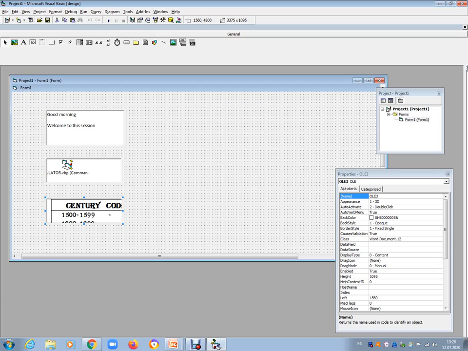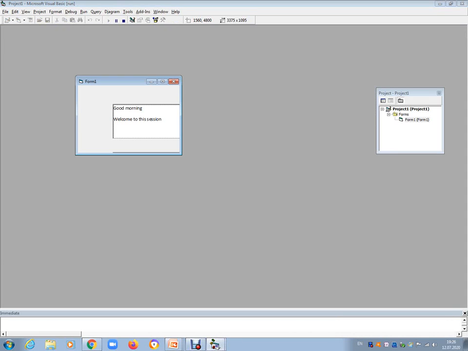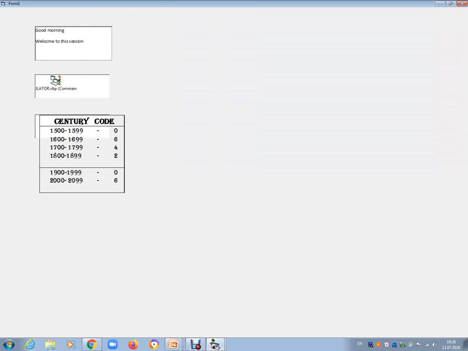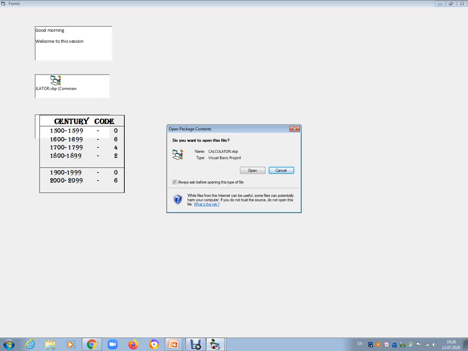Okay, so now just run your VB application. In that application it's linking. Just double click the OLE control, and automatically one question arises: do you want to open this file? Okay, so yes, open.